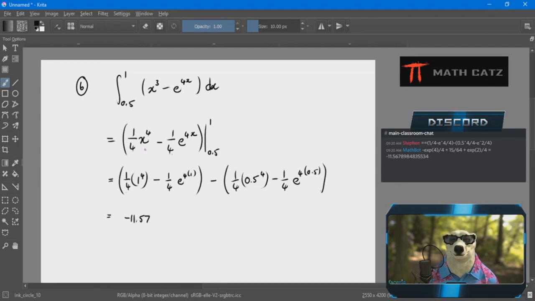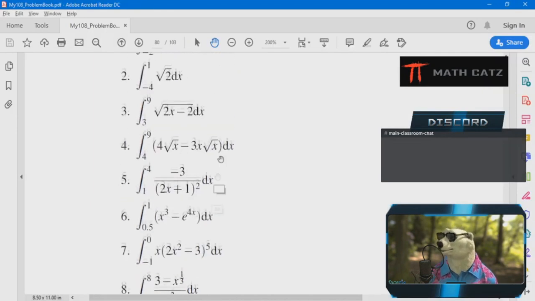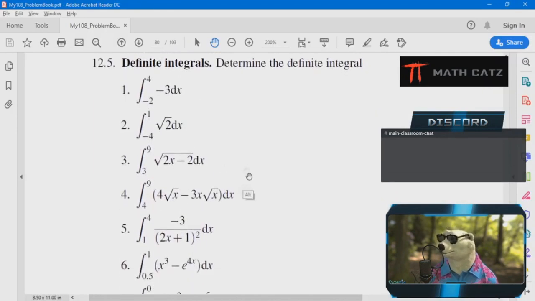It's the same start in that I'm finding an antiderivative, but I go one step further, plug in the top number, plug in the bottom number, and get whatever answer I get. Then once we're comfortable with that, we have to look at, okay, what can these different answers actually mean graphically? So for now, feel free to practice just the definite integral, 12.5,